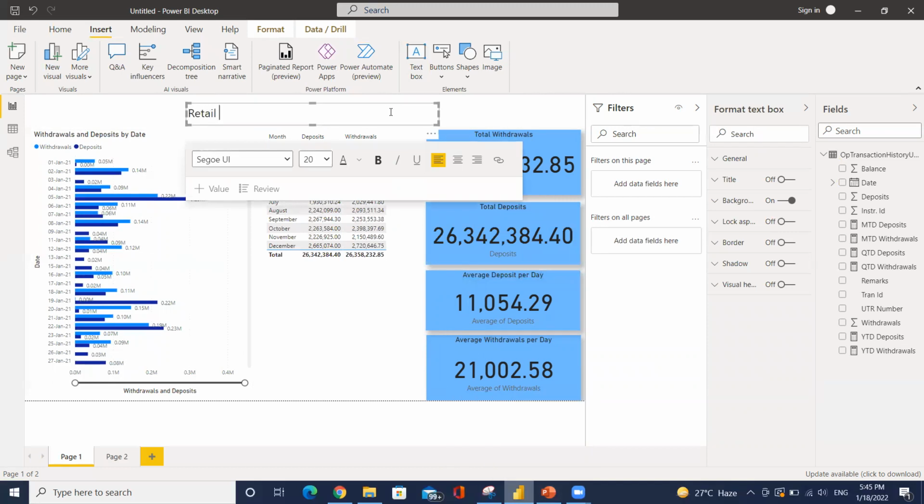Retail business. Bank statement analysis. So retail. Here I'm putting just the name because they didn't mention their business. Otherwise, we can